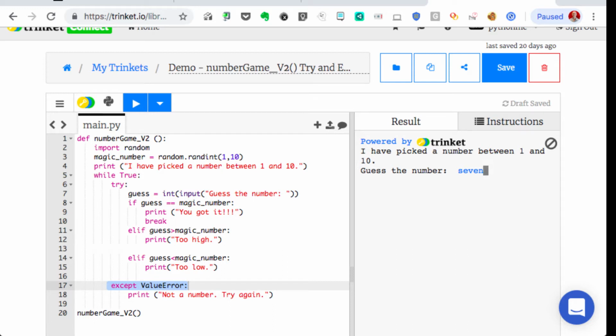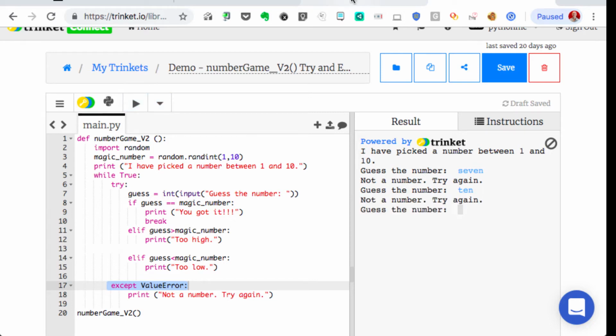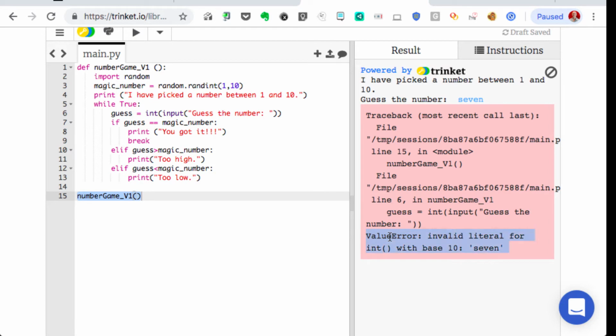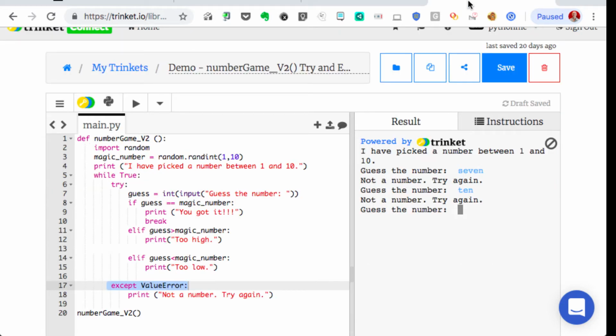So we type in seven, it says not a number, try again. Type in the word ten. Not a number, try again. So instead of getting this ugly error that breaks the program, that ends the program, we can now handle that exception. So we handle this ValueError differently by just giving our own customized error message, and then we continue the while True loop. It happens that the random number happened to be 9 again, so it just went right through the loop again, and eventually guess equaled magic number,